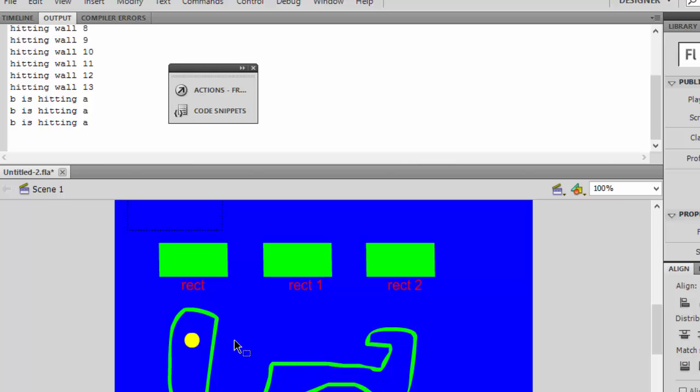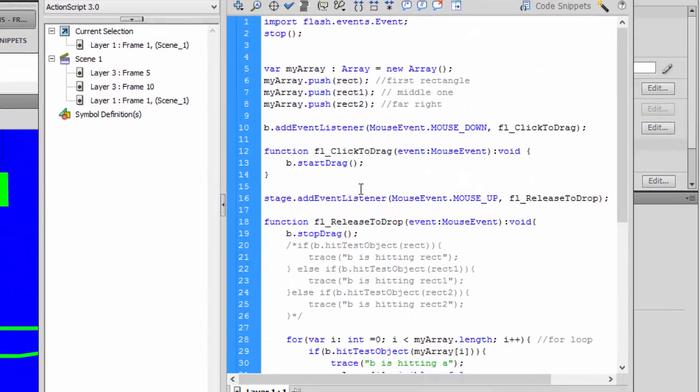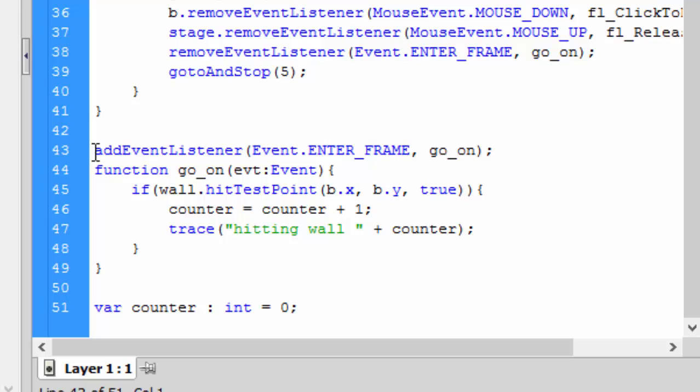Okay, first one is how do I drop this one and check on the wall hitting or not. Go to there. That is this section. First, you need to add the event listener. This one, the event is enter frame, new frame. Every time you enter new frame, you check is the ball hitting anything. So when it does get into the new frame, you call the handler. The handler is go on, means continuing. Yes, continuous loop. And you check if wall hit test